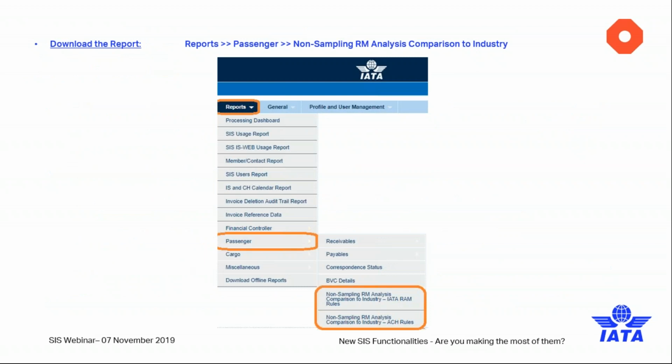To download this report, you would access the SIS module, Reports, Passenger, Non-Sampling RM Analysis Comparison to the Industry. You would see either one of those options for IATA RAM rules or ACH rules. If you participate in the ICH, you would receive your report for IATA RAM rules. If you participate in the ACH, you will receive your report for analysis against the industry for ACH rules,